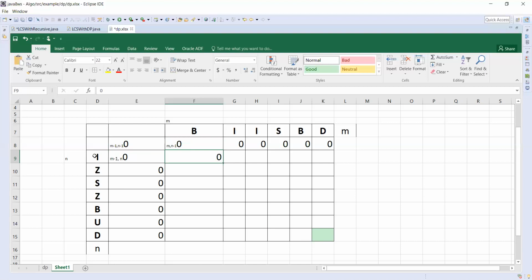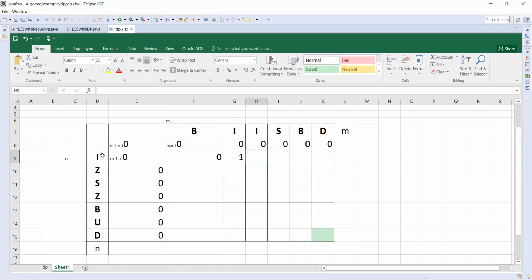Now coming to the next one, I and I, yes, they match. So for this cell, we take the value from m minus 1 comma n minus 1, the diagonal one, plus 1. So that means 0 plus 1 is 1.